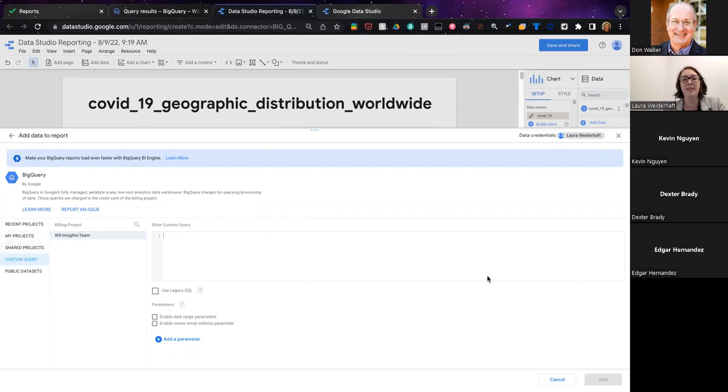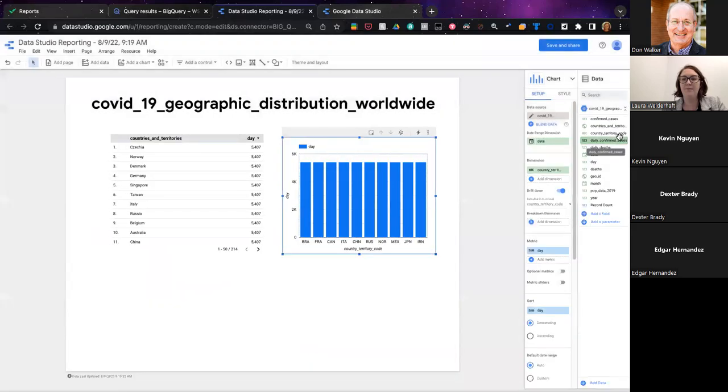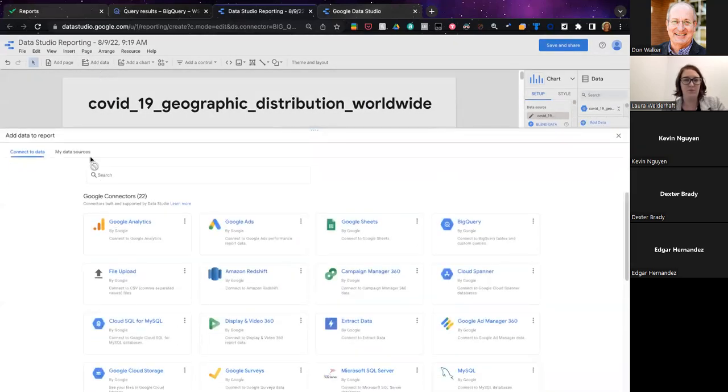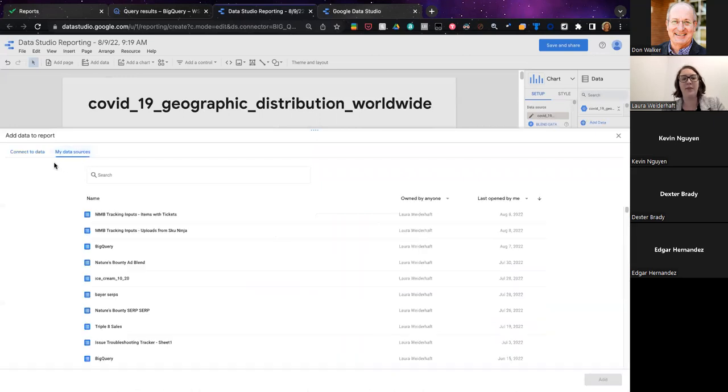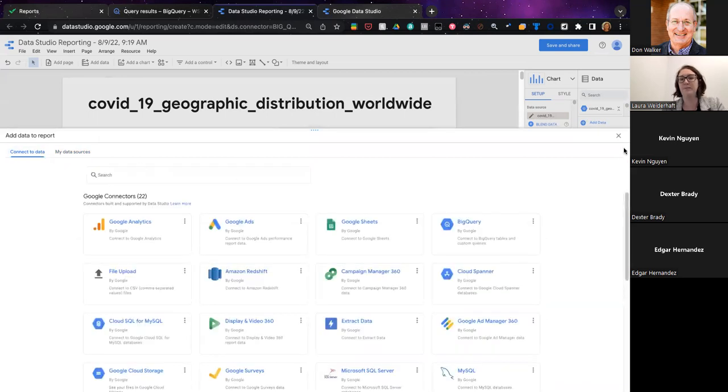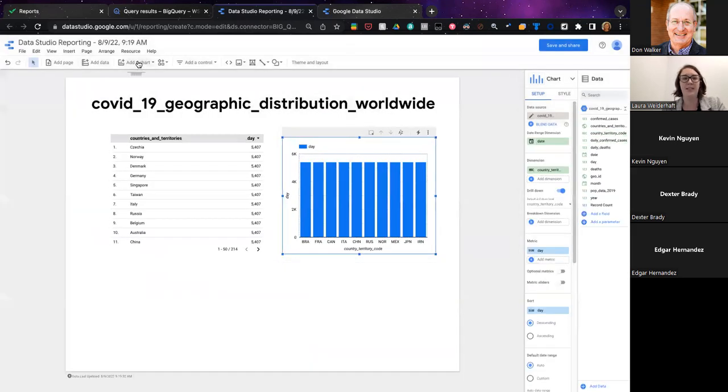So there's no chance of data that clients shouldn't see getting in the dashboard. So the ability to just write a custom query behind the scenes is something I find really useful with Data Studio. And then if you have data that you've used in the past, it comes up with a pretty quick platform you can use. And then the other piece of Data Studio is the actual visualizations.